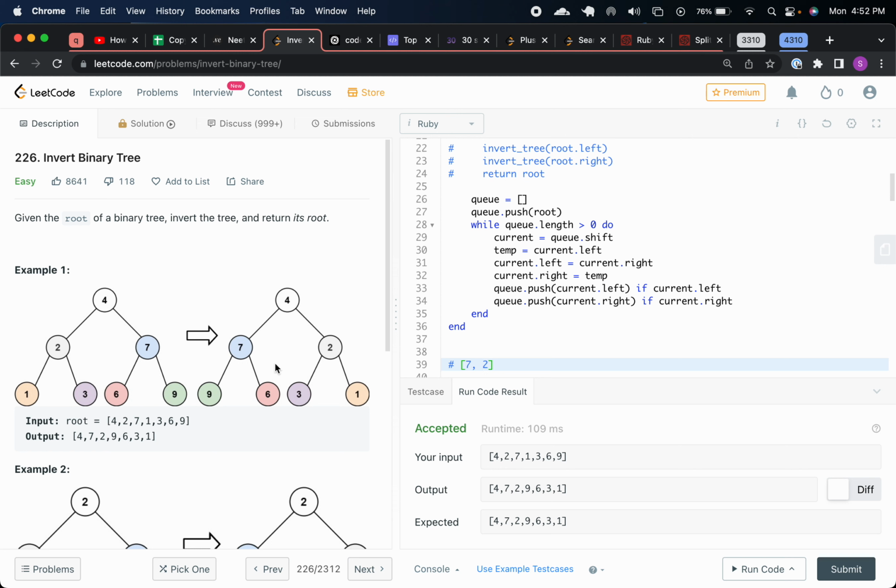So then we have 7 and 2, and then we'll keep going, and then we shift out 7, and we swap the 9 and the 6, so then 9 and 6 are loaded up. Then we work on the 2, so 2 is shifted out, and then we swap those, and then 3 and 1 come afterwards, and then you shift out the 9, you start working on the 9,